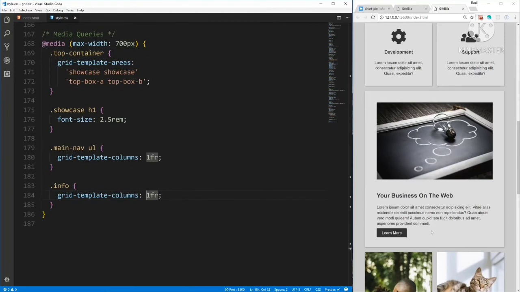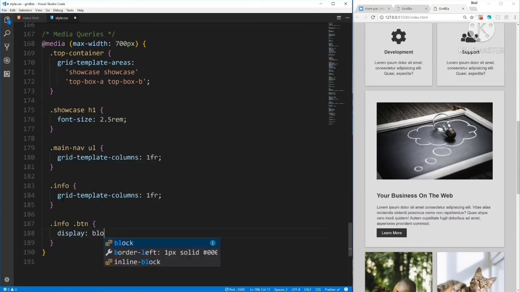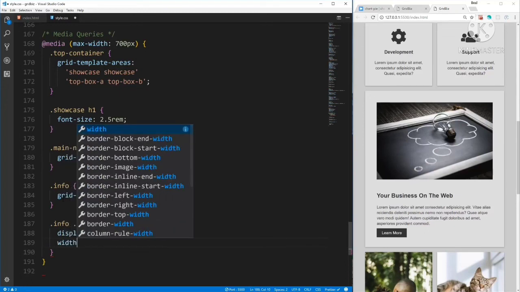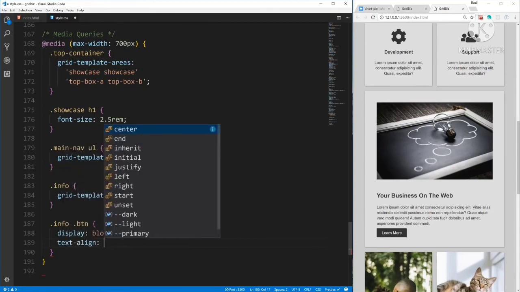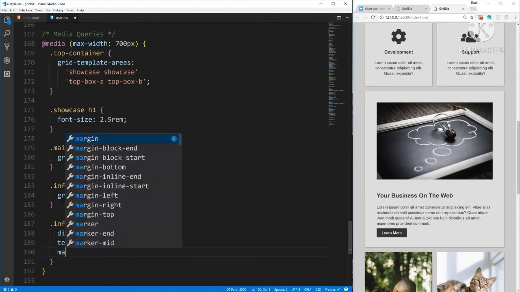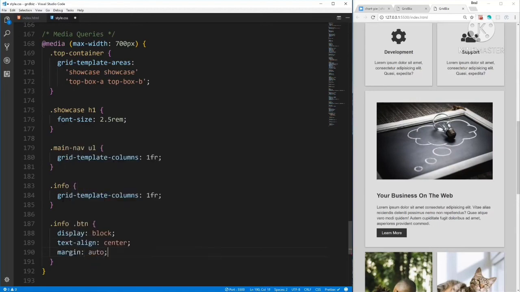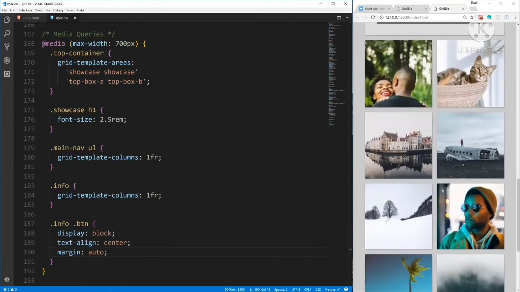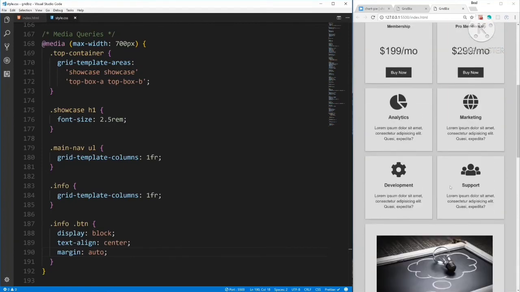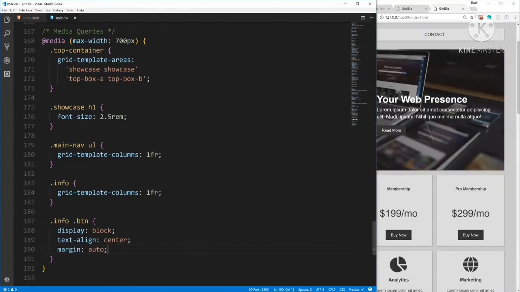Now the button here, I want this to go all the way across and be displayed as a block level element. So I'm going to say info.btn, and we're going to display it as a block. And let's make it width. Actually, we don't need to do that. We'll just say text align center, and let's do margin auto. And save, and there we go. So that looks a lot better, and that should be it for 700 pixels. That looks good. Now when we go down to 500,